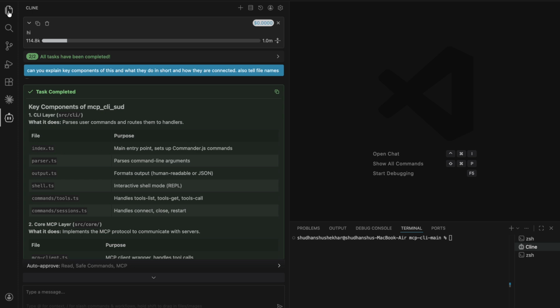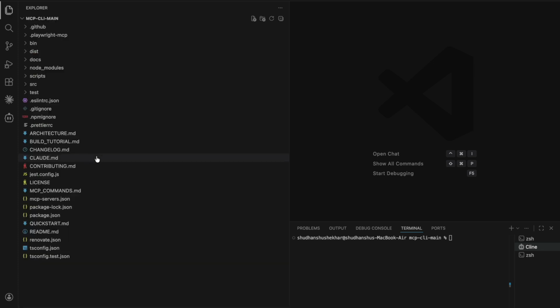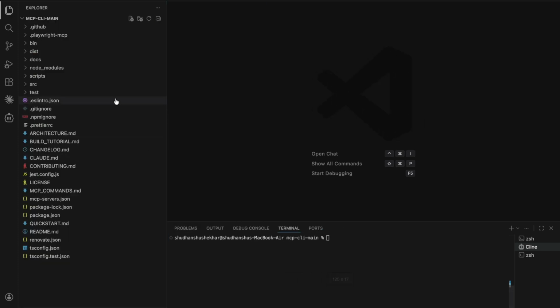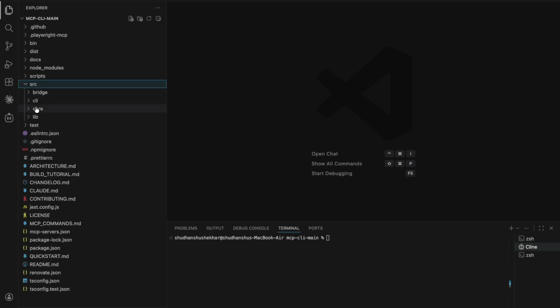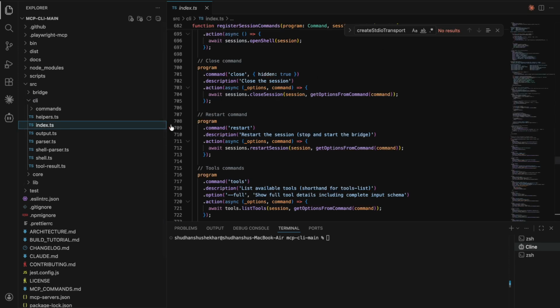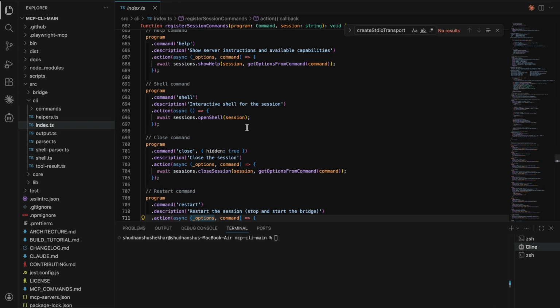If I go to the index file, it basically uses the commander.js package to consume the commands which we run from the terminal, and then it sends them to the parser to convert them into a form which can be used by the client package. So if we go to index.ts, this is the main entry point, and it is built using commander.js. Let me open that index.ts. If you see this index.ts,